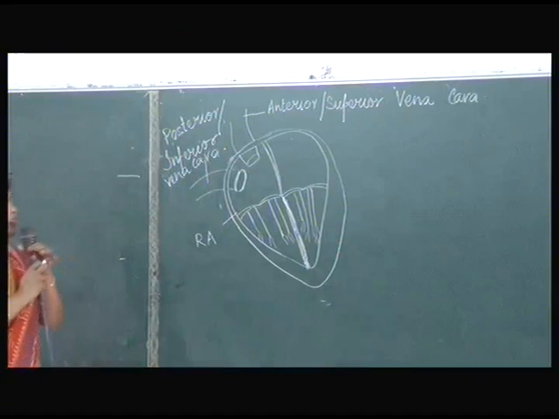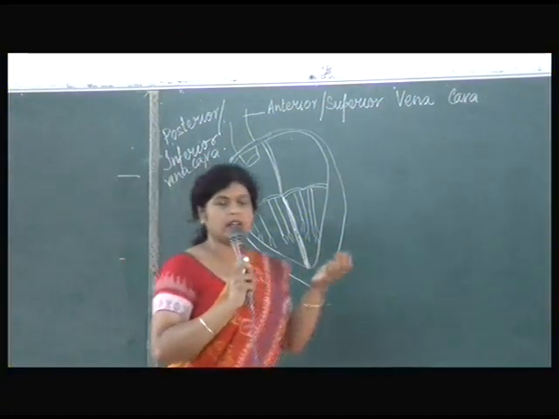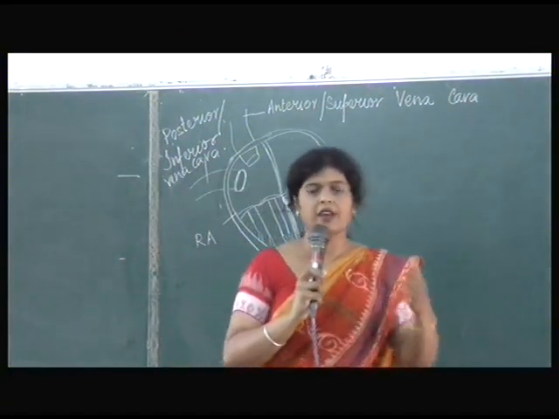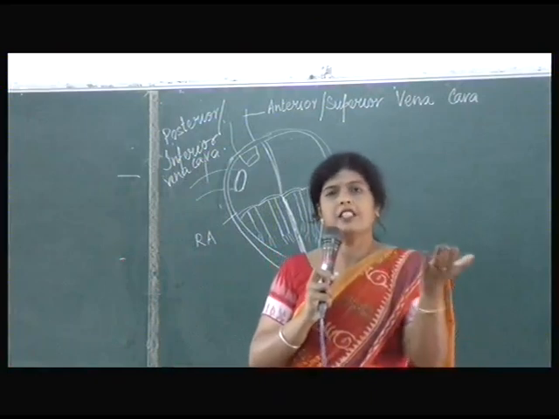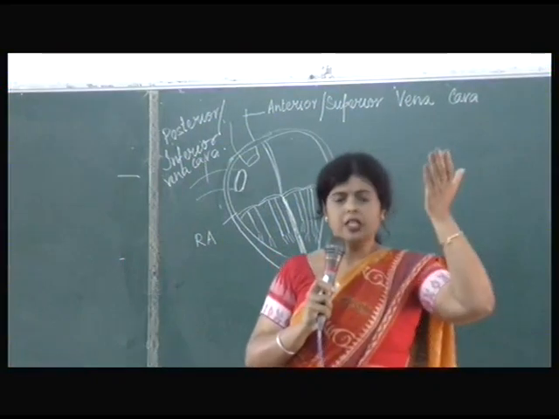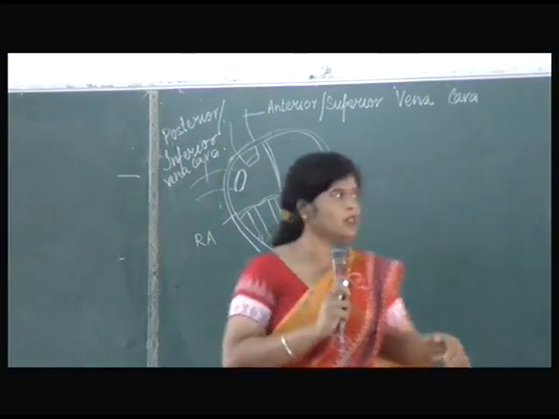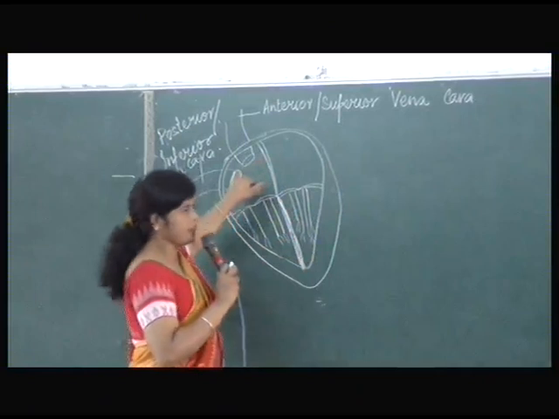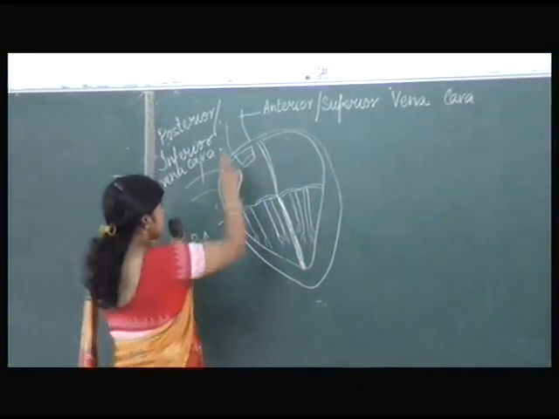Let me explain. We have already done in the previous class, in class 9, in classification, what is anterior and what is posterior. Anterior is the uppermost part of the body, posterior the lowermost part. So why do we call it anterior and posterior? These are the vena cavae.